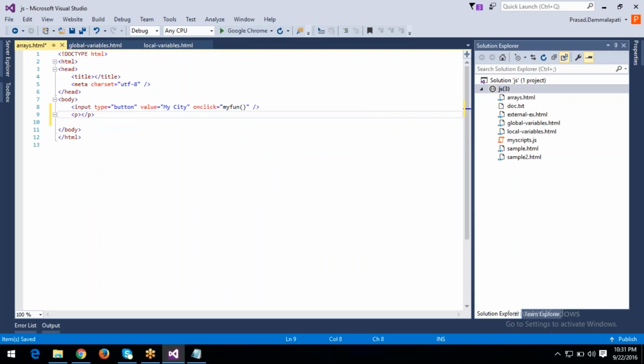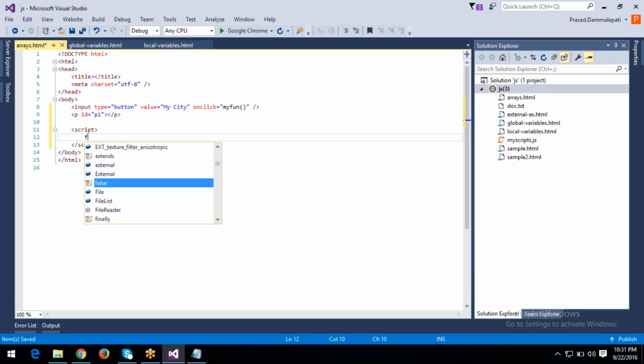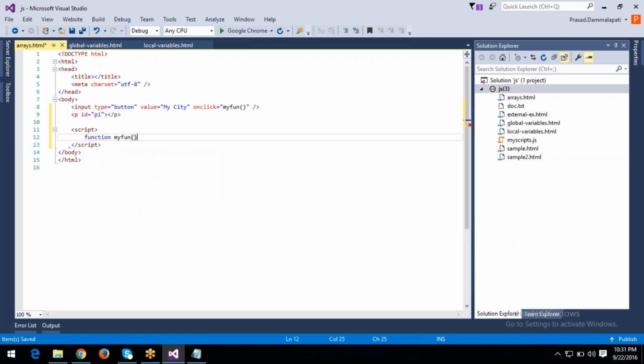And I want to display the city name in a paragraph with id p1. Script, function my function,